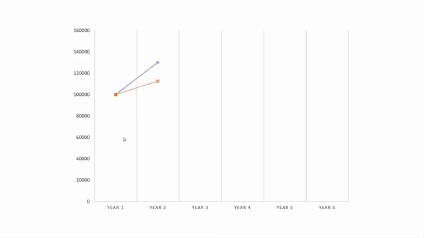So at the end of the first year, your stock value is up at $130,000, and that orange line, your IUL policy, has gained 12.5%. Now, again, we start over every single year. So whatever you've gained is locked in the life insurance contract, and they're going to look at your starting value and your ending value. Now, let's say that the S&P in year two is negative. Let's say it's down 20%. So up 30% in year one, down 20% in year two. Your stock value plummets. Your IUL stays exactly the same. Remember, you've got that 0% floor. When looking at the orange line, you're either going up or you're staying the same.